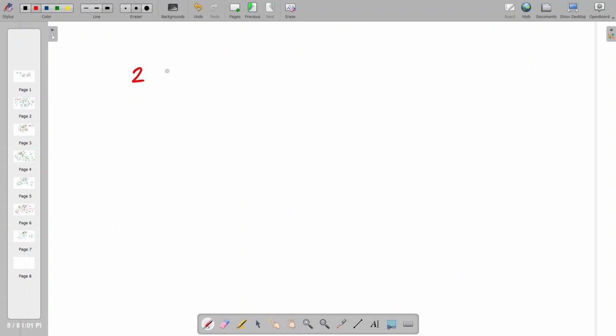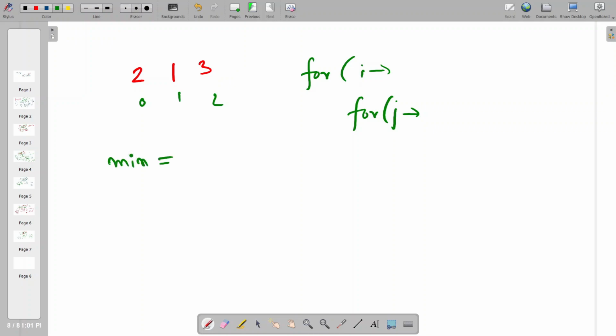I prefer that. To understand selection sort, let us have an array 2, 1, 3. It's not sorted. The indices are 0, 1 and 2. What we do is we have a nested loop. Suppose we use a for loop, and the iterator for it is i. We have an inner for loop, and the iterator for it is j. We take a minimum element for each iteration of i as array of i. Why minimum? Because in every turn our idea is to keep the minimum element at that position. Suppose currently I am at the 0th position, i is at 0. In this iteration I want to keep the minimum element at i. So that's why I am keeping initially minimum as A[i].